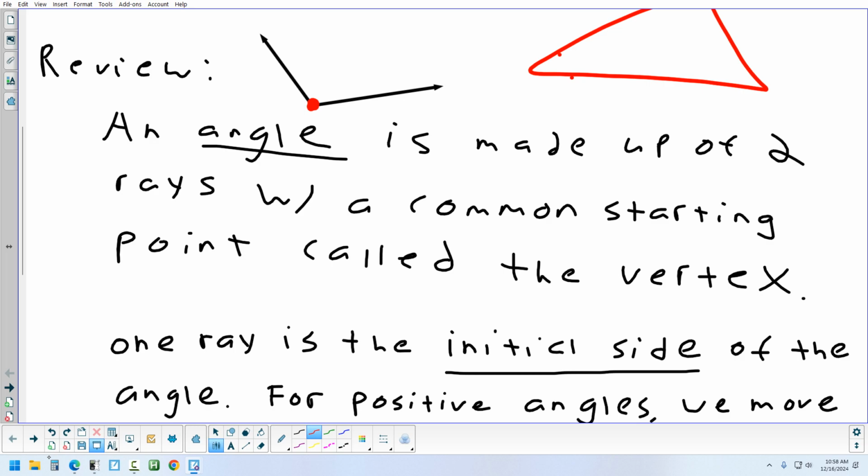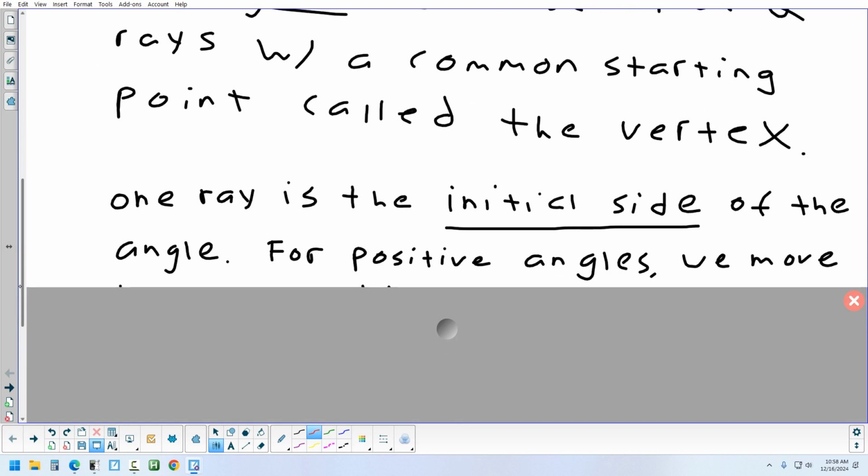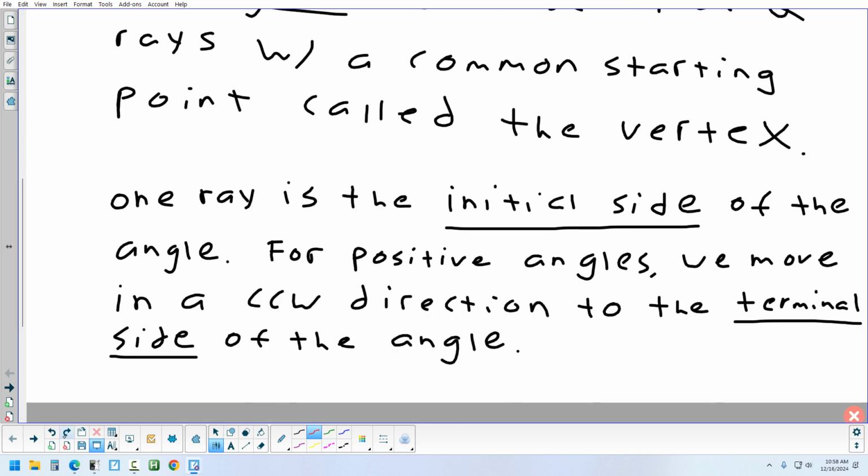Since an angle is made up of two rays, we call those two rays the sides, and each side has a name. One's called the initial side, and the other one is called, anyone have a guess what the other side is called? It's like a final ending, yeah, it's called terminal. So we have an initial side and a terminal side. How do you figure out which side is which? Well,